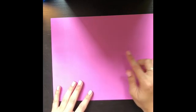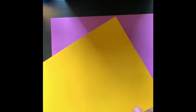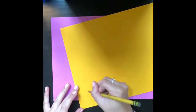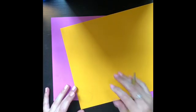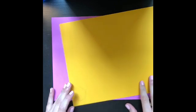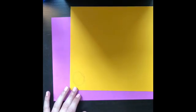So the center of your flower is kind of like a circle. So I'm going to take a piece of yellow paper. So I have my yellow paper, and I'm just going to draw out a circle because that's the size that I want it. If you have a hard time drawing a circle, you can find something